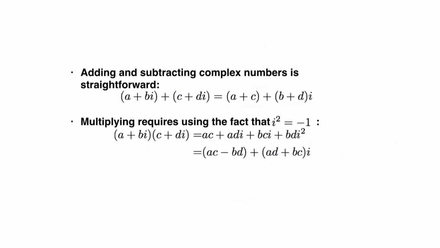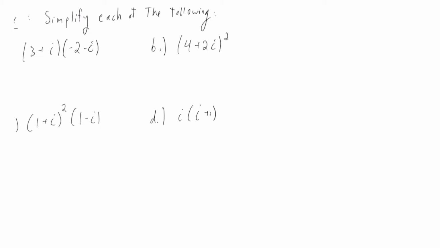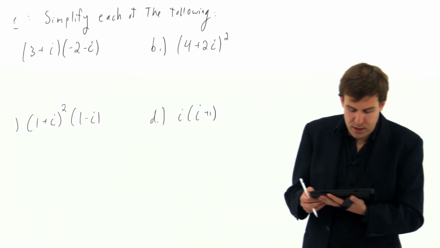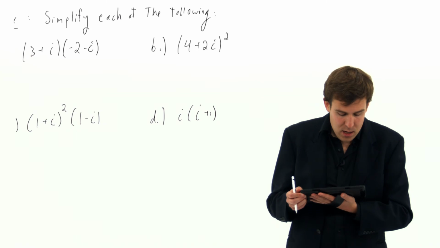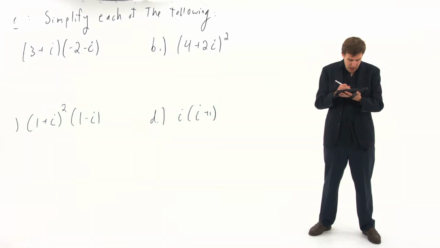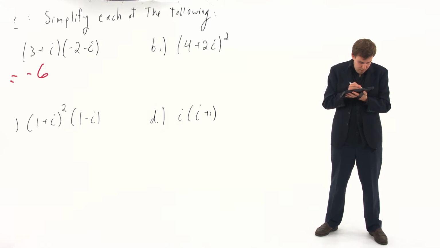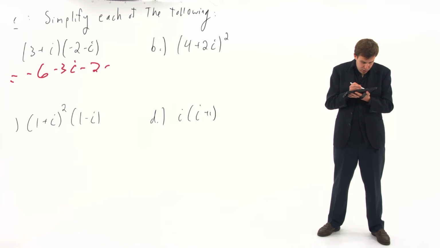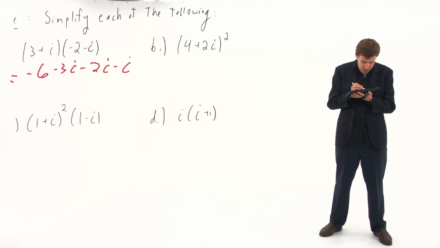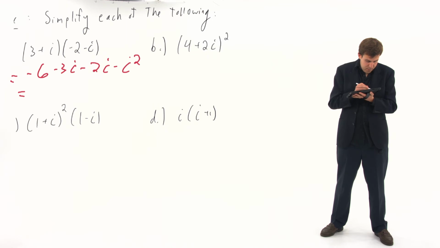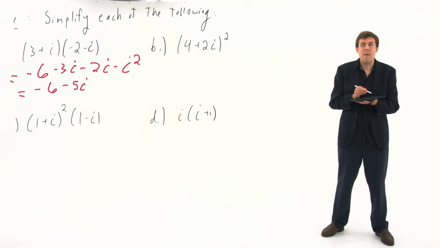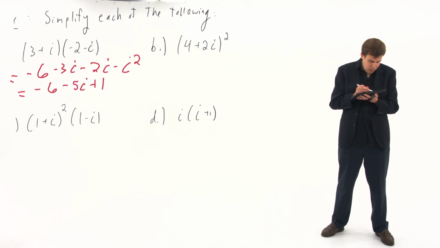With these tools, we can compute lots of arithmetic with complex numbers. So let's look at some examples. I want to simplify each of these. So let's start with 3 plus i times -2 minus i. So let's say I get -6 minus 3i minus 2i minus i squared. So let's see, -6 minus 5i, and then minus i squared becomes plus 1. So I get